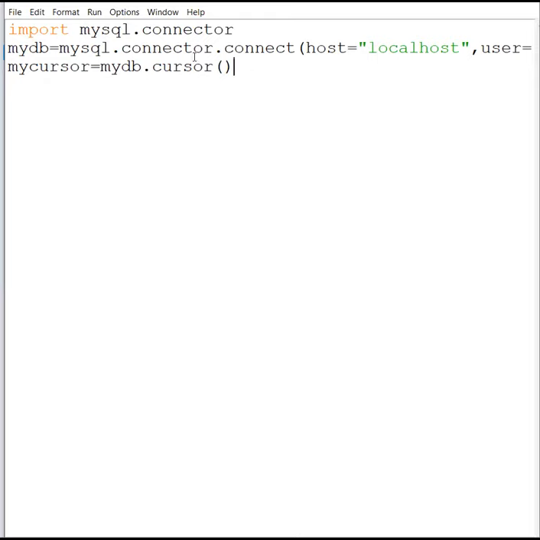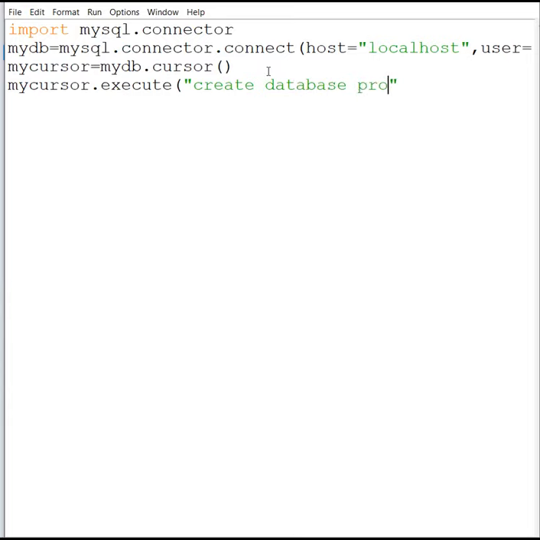After these 3 lines, you can start executing your MySQL part. For example, in MySQL, the very first thing we do is create the database. So you can directly write one command like mycursor.execute. See, all things are new, but when you practice all of these, then you will understand. For example, I am writing here create database. This is how we are creating the database.